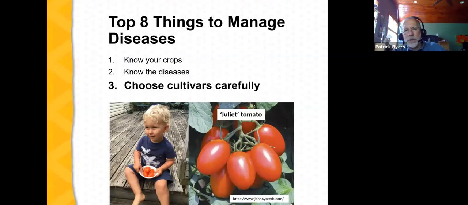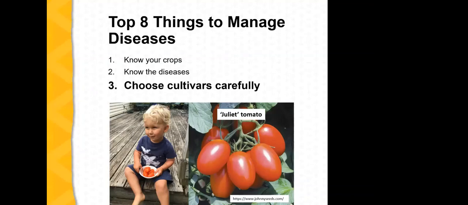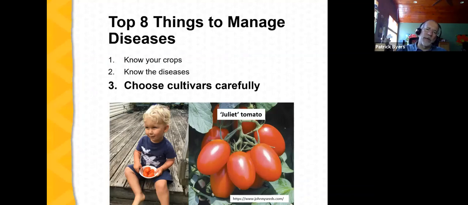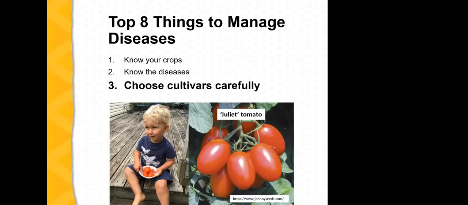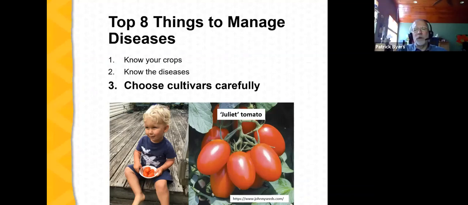And Juliet is a tomato that has multiple disease resistance. It has good growth characteristics. It's a productive tomato, good quality, a very marketable tomato. It's fairly small, but it's more of a paste type tomato, and it's absolutely delicious. And you can see my grandson there in the picture with his bowl of Juliets getting ready to devour them all. And that boy's been known to eat 5 Juliet tomatoes in one sitting.